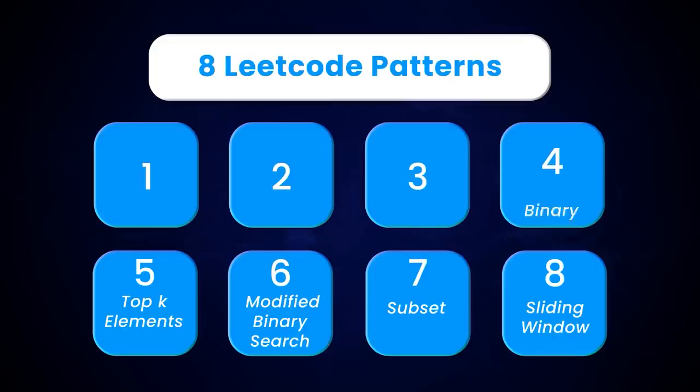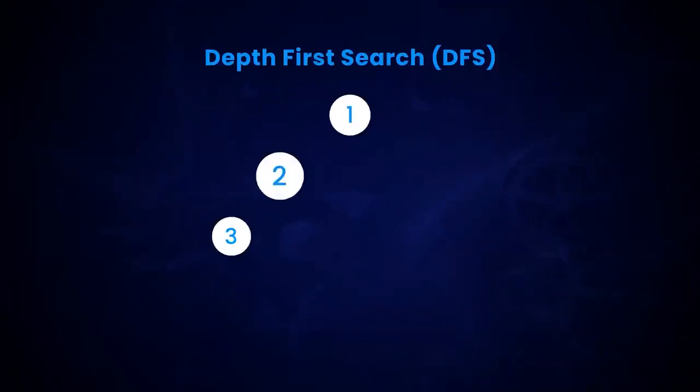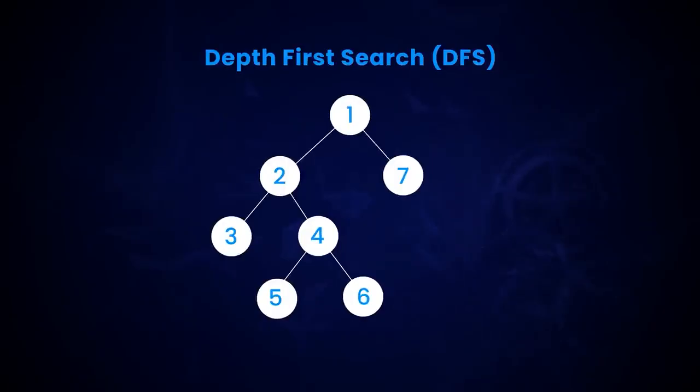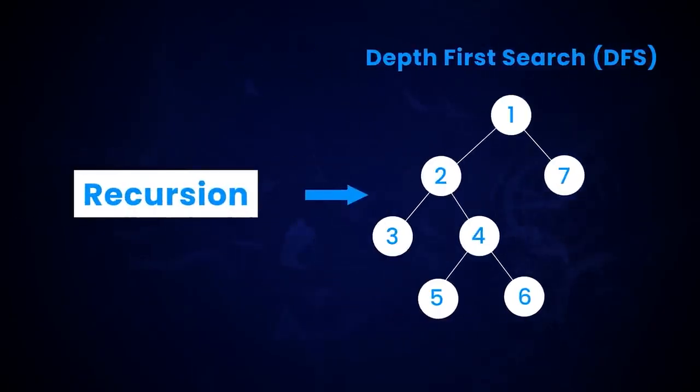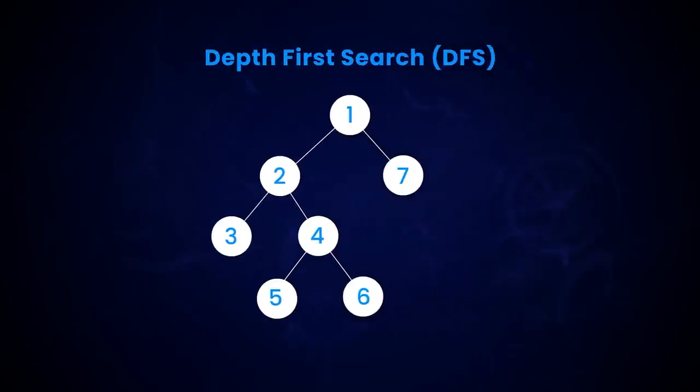Next, we have depth first search of a binary tree, or binary tree DFS pattern. Binary tree DFS helps you visit every node on the tree, focusing on one branch at a time. Generally, you would use recursion to do this. Here is how the flow looks like.